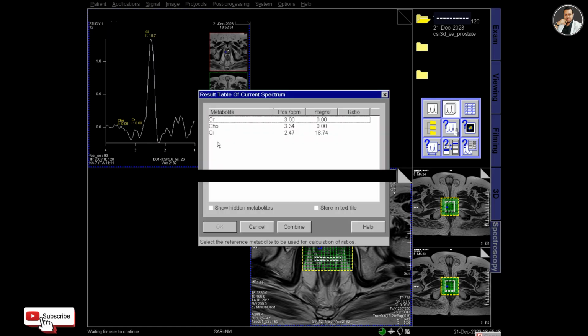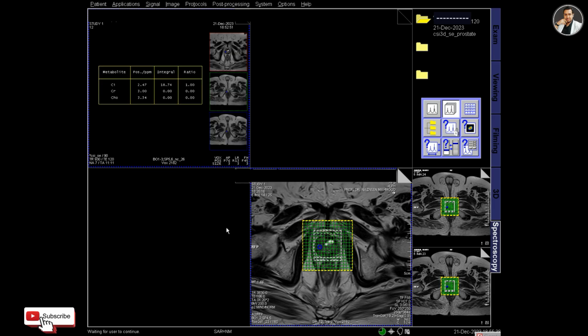and then select save the graph, and now open the table for this graph, and select citrate for the ratio, so that other chemicals, other metabolites will be compared with the citrate. So the citrate ratio will be 1, and click OK, and then save the table.